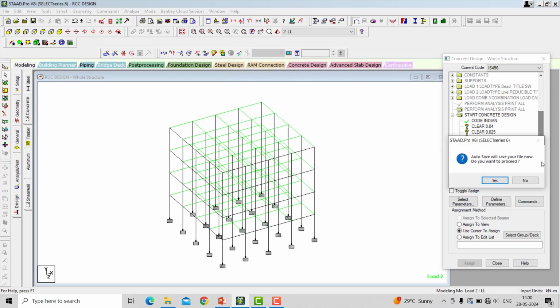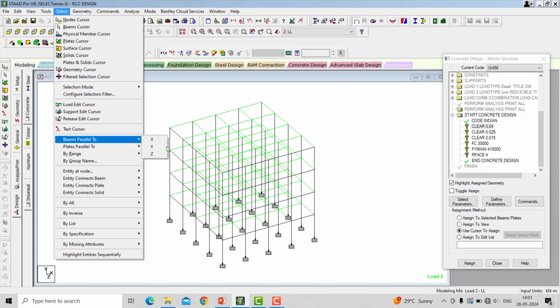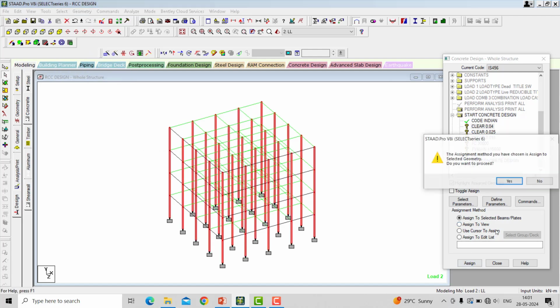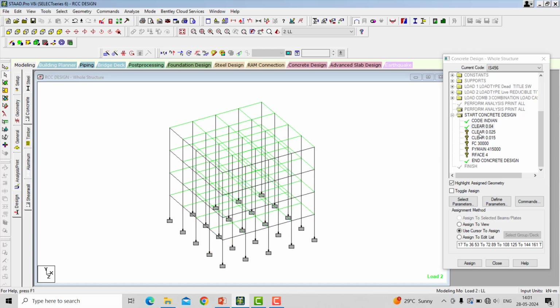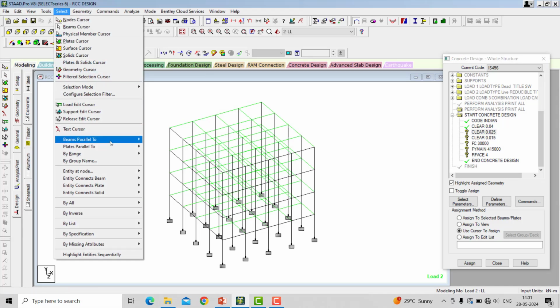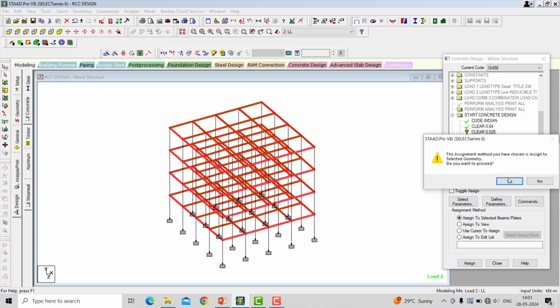Whatever factors we added are visible with the question mark, meaning we have to apply them to our structure. This is 40 mm, so apply it for the column: select beams parallel to Y and apply, so that the software considers these beams as columns. These are the beam clear cover: select beams parallel to X, select beams parallel to Z and then assign, yes.